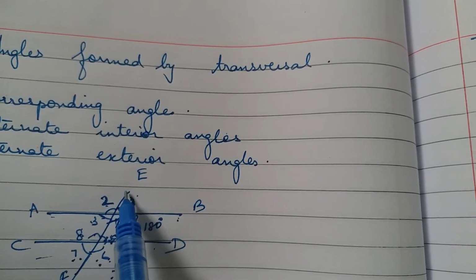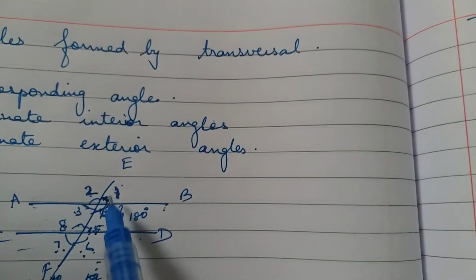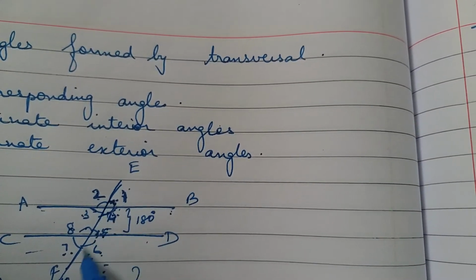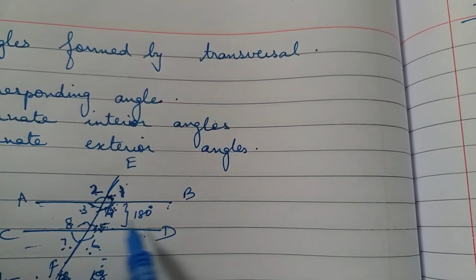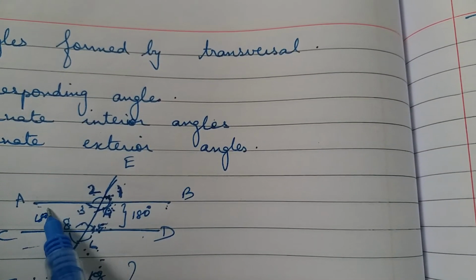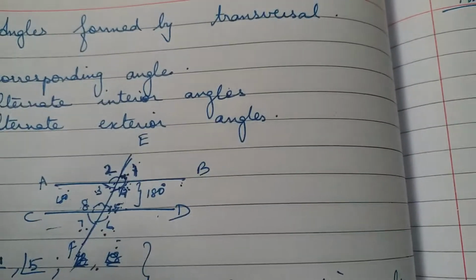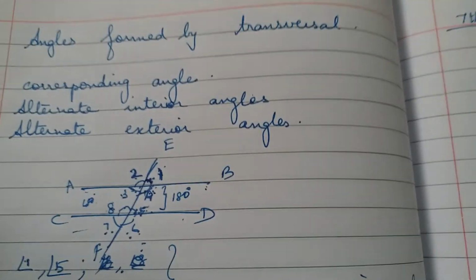That is interior angles on the same side of the transversal. You have this transversal, so on the interior angles you have to see on the same side. 4 and 5, same way 3 and 8 will be equal to 180 degrees. If you add these two angles, it will be equal to 180 degrees. So using these conditions, you are going to see exercise 5.2.